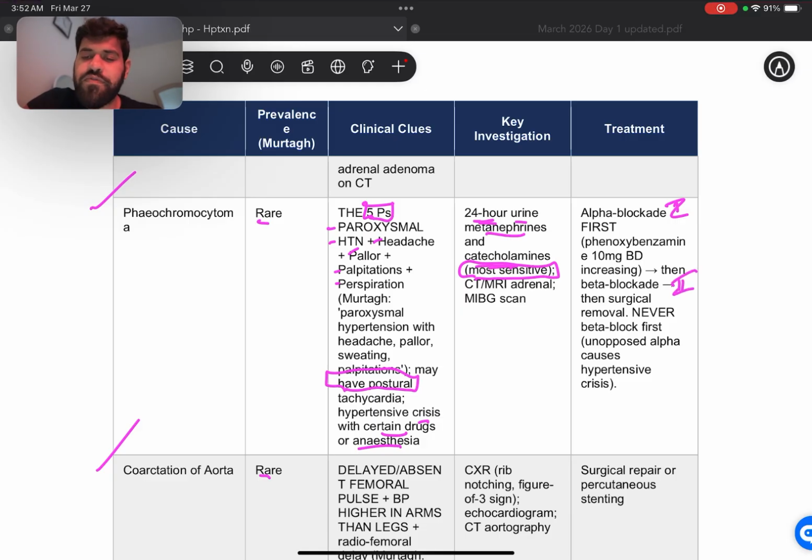Never beta blocker first, because then we'll have unopposed alpha activity that is going to lead to hypertensive crisis. So alpha first, so A first, and then B second, and then finally surgical removal. All right,